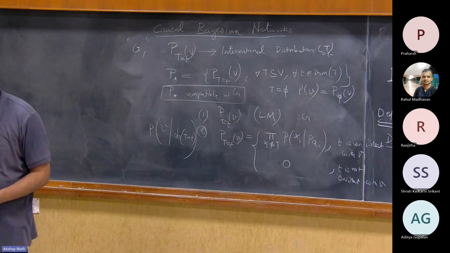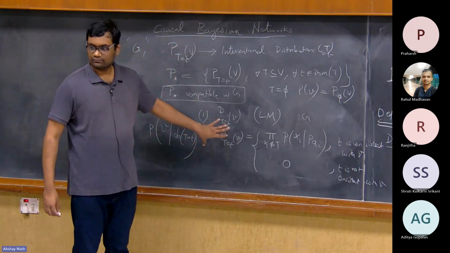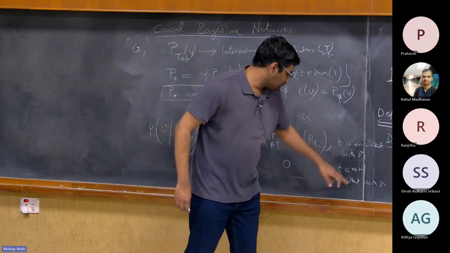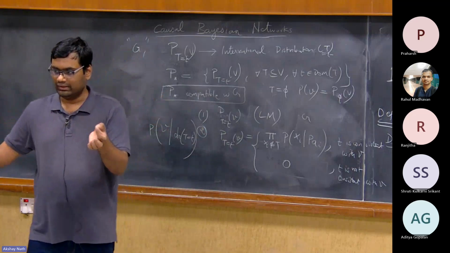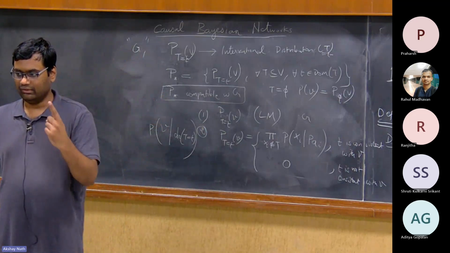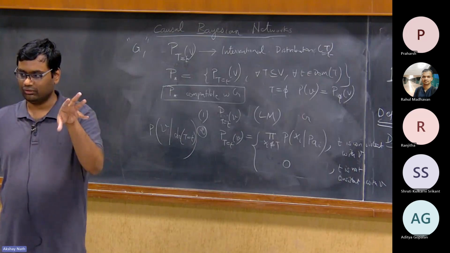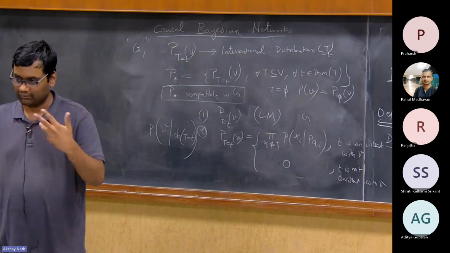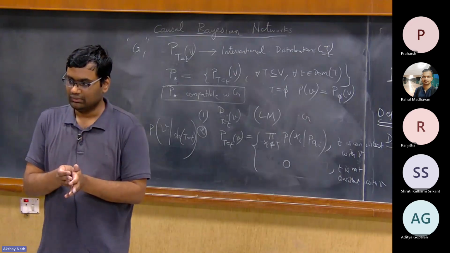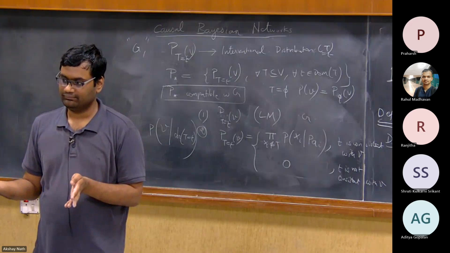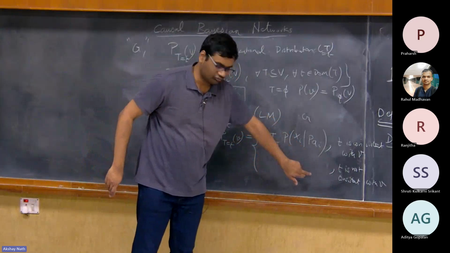Not still following the second condition? So these two are the definition. When T is set to 0, I'm evaluating the joint distribution on a sequence. But let's say T is the first variable and you have set it to 0. Does it make sense to evaluate an interventional distribution where I set the first variable to 0 on something where the first variable is something else, like 1 or 2? No, right? If I force that variable to the treatment, it cannot be anything else. That's what the consistency is. Very important. This basically reminds you that you forced that variable.